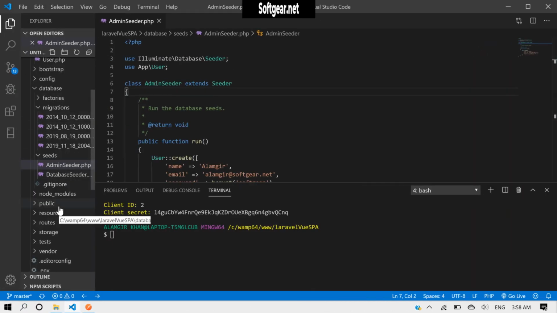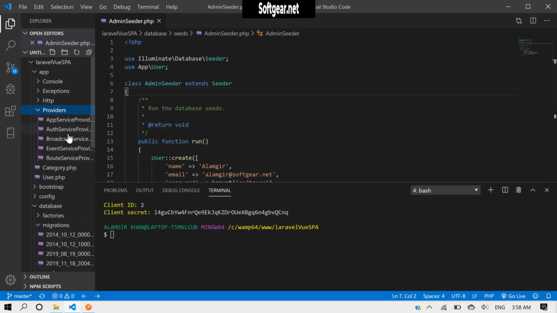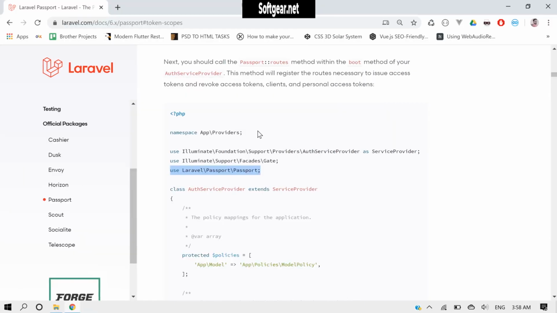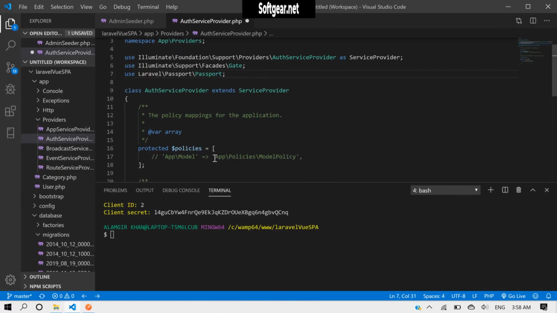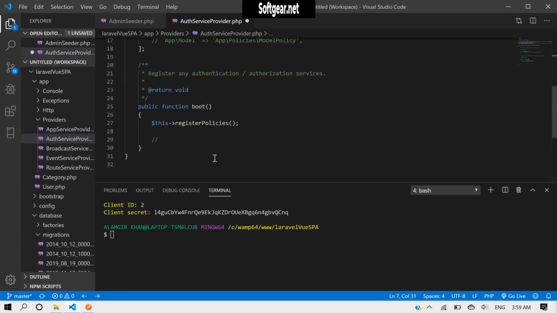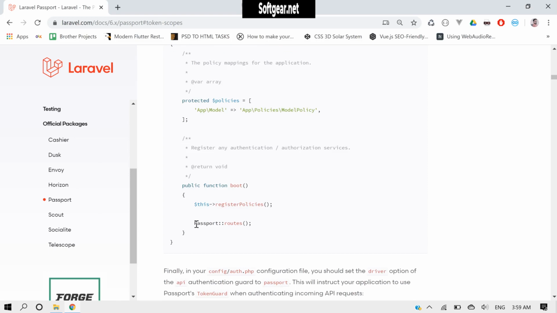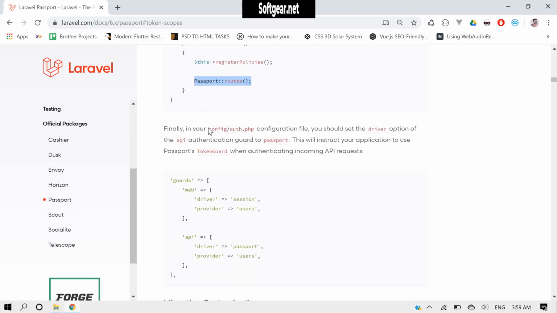So inside our providers and then our AuthServiceProvider we'll use, I will copy this and paste it here. Okay, we can use this, but actually we have to make two roles, so we don't need this for now. And inside our config and then